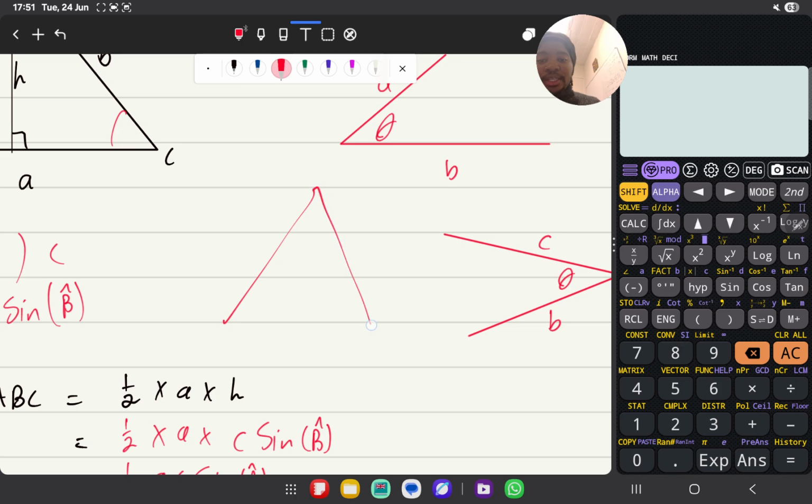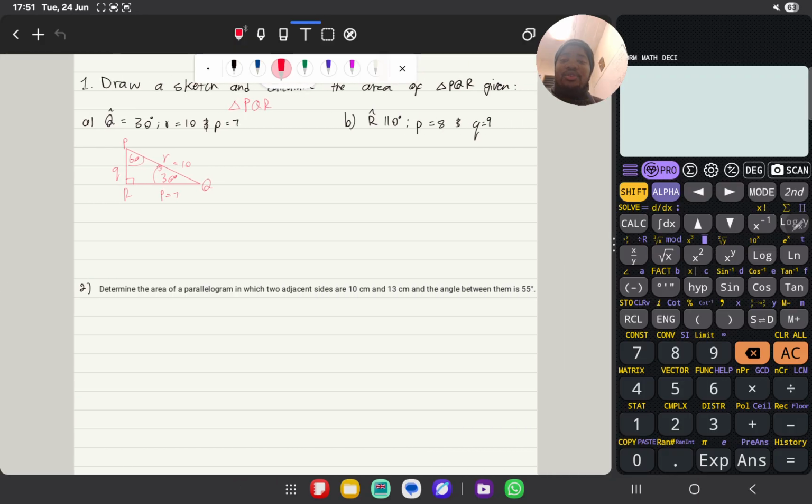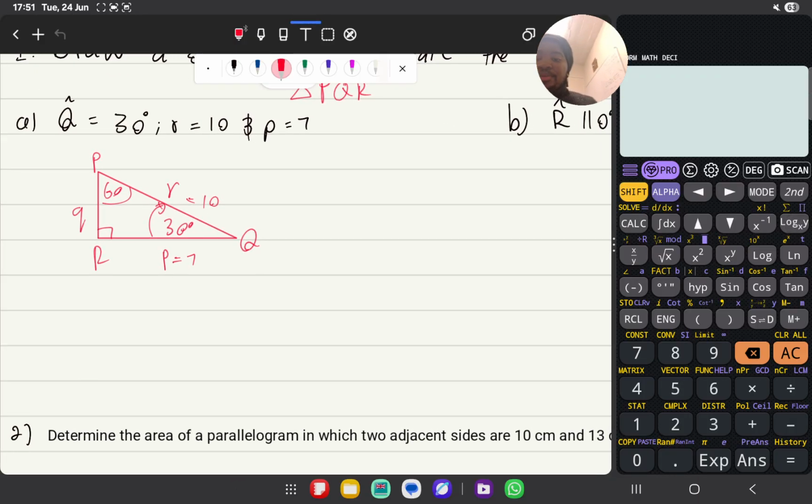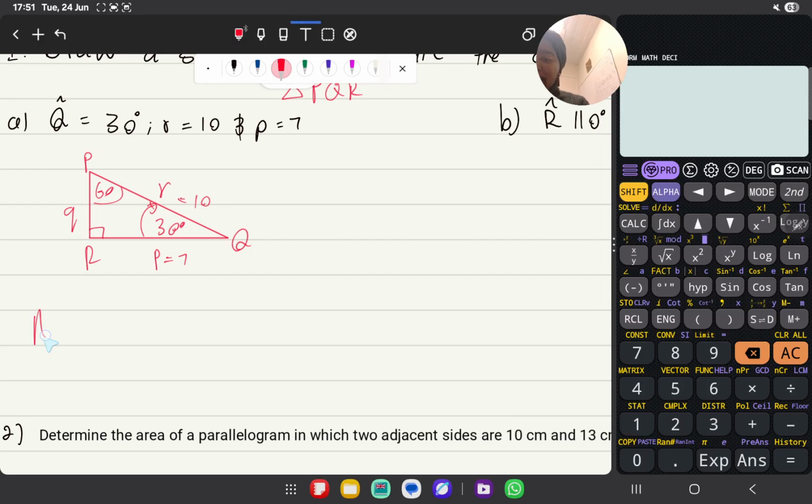Even if you have something like this, you have this angle, you have D, you have F. To calculate here, the area of a triangle is going to be half multiplied by d multiplied by f multiplied by sine theta, whatever theta is. So the reason I'm showing you is so that we won't spend much time trying to figure this out, because here you would then say area of triangle